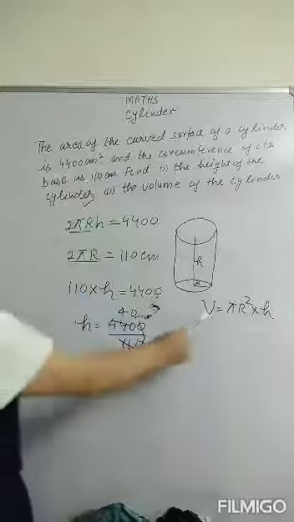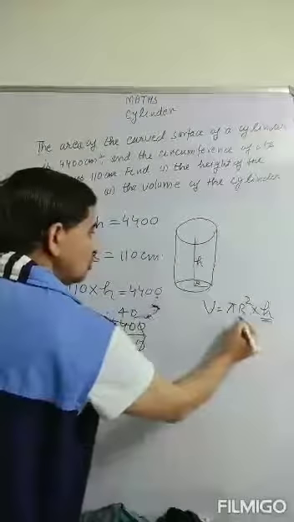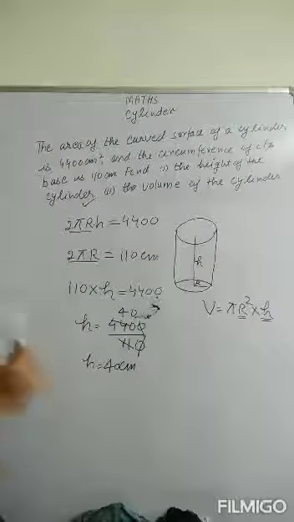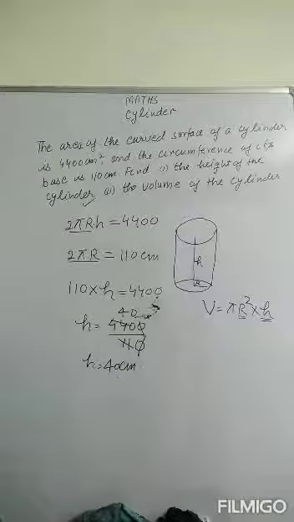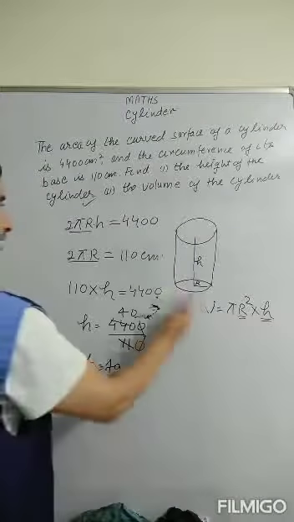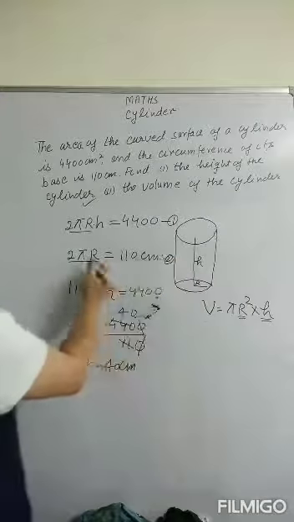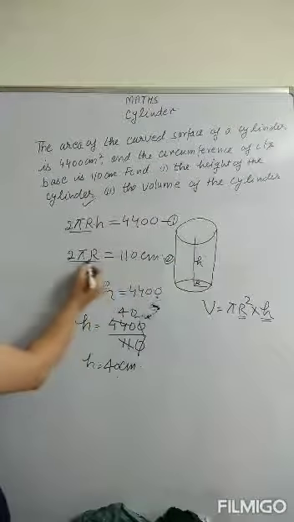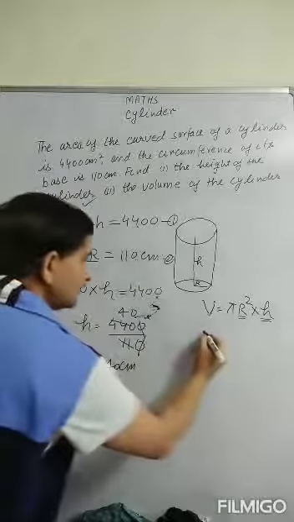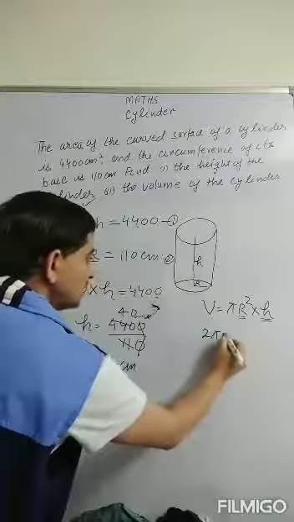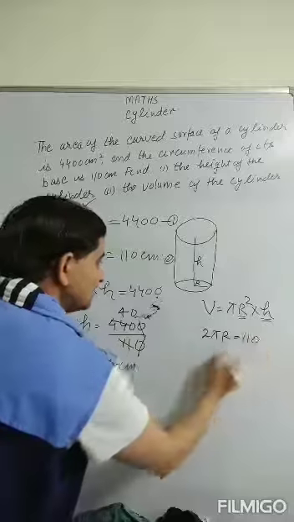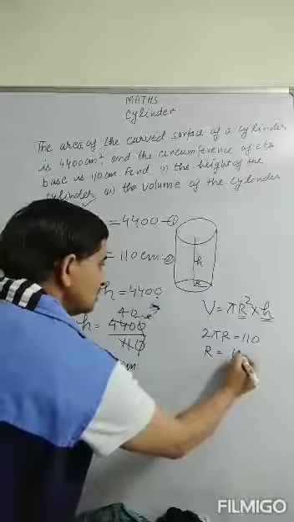Now if you see in this formula, h you know, you don't know r. Now the first thing is to find what? Radius. Right. So how are you going to find radius? Suppose this is equation 1, this is equation 2. We'll take the help of equation 2. 2 pi r is 110. So 2 pi r equals 110. So how much will r equal?